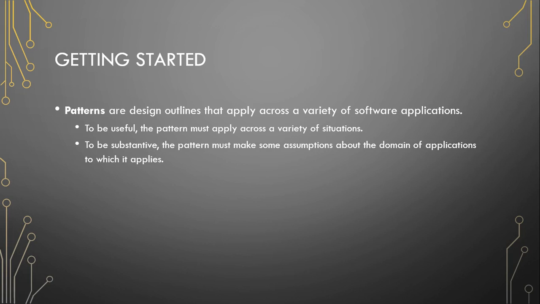Think about the video game example. When we start looking at patterns, maybe we're looking at combat. Let's say you're going to fight an enemy. That's a pattern that could occur. So what would be a useful thing? Well, how do you handle that combat? Are you using something like a turn-based system, or real-time action? Is it an FPS? So obviously, it's a pattern that we can use because it's appropriate to multiple types of